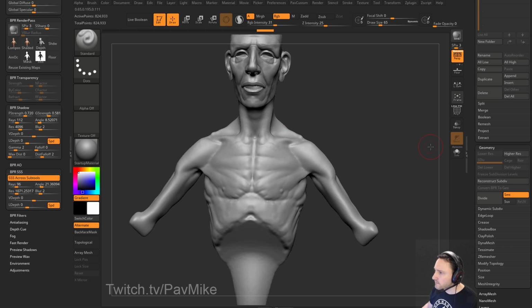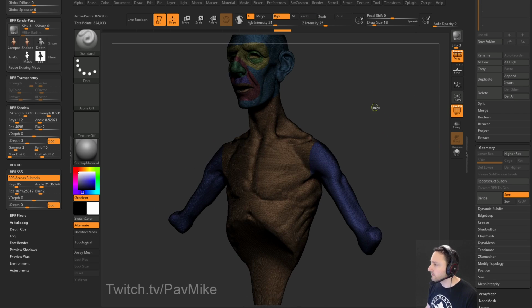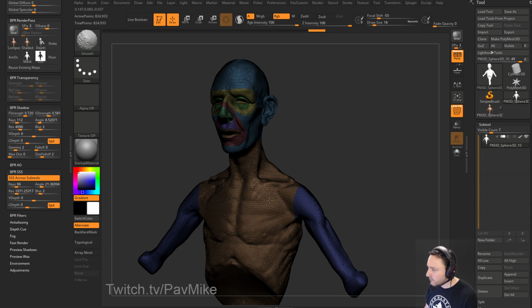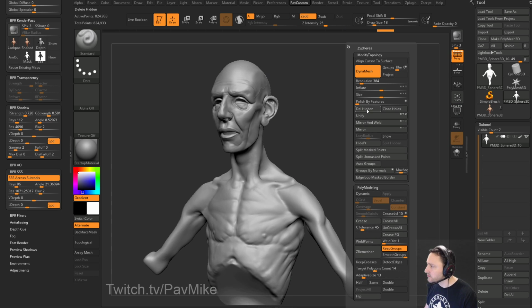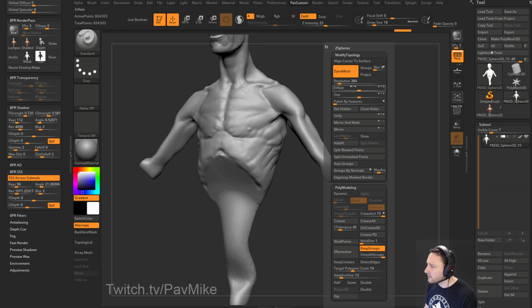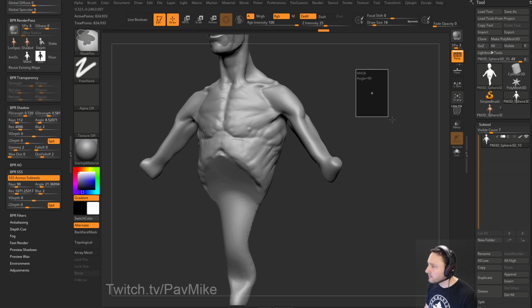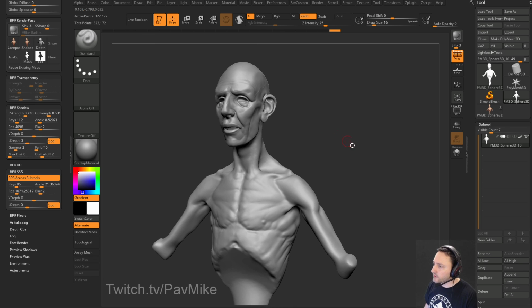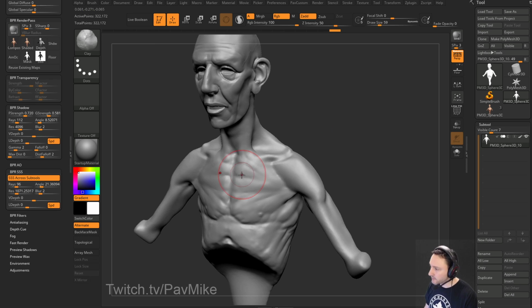Wake up, wake up, wake up. Oh, Z-add maybe? No. Unify? There we go. So we have 322,000 active points, and we're going through here sculpting on it,